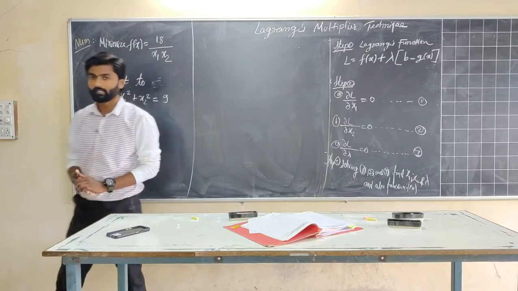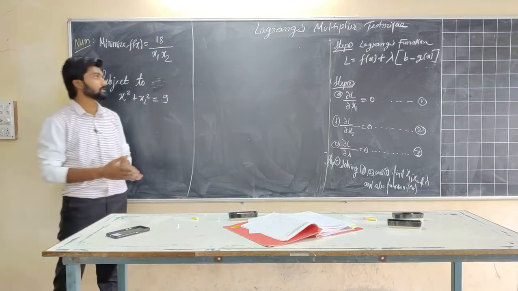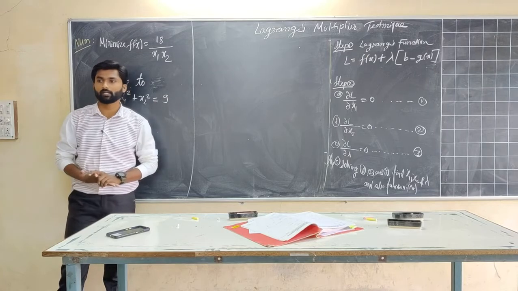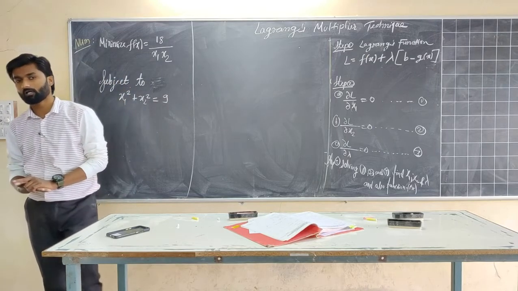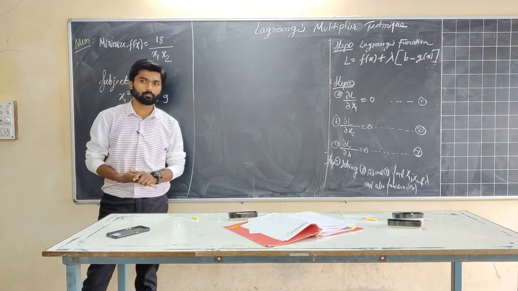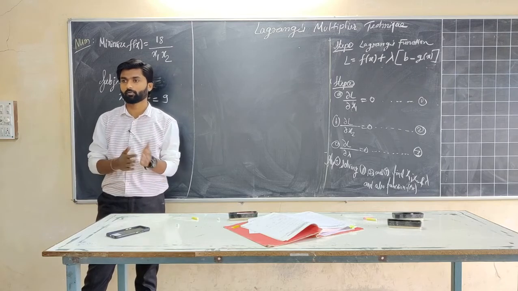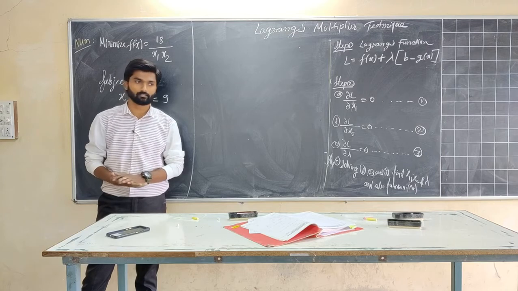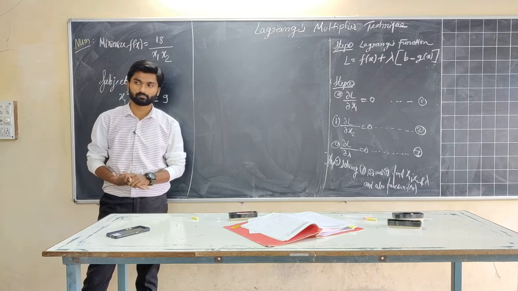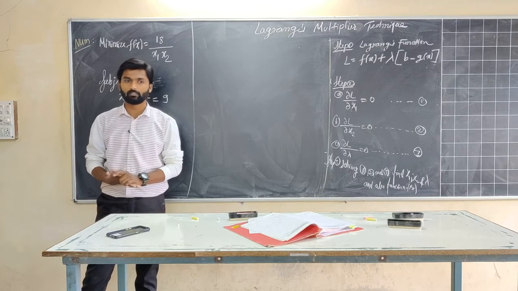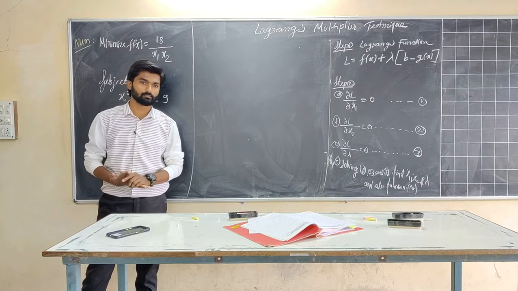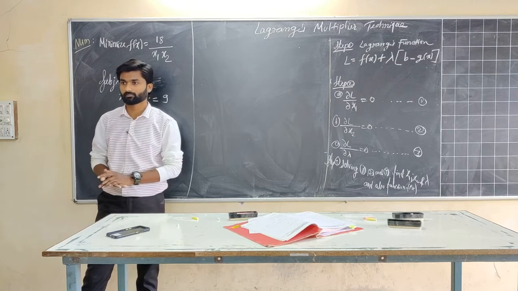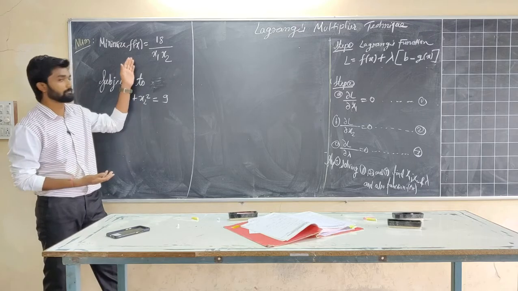Okay, so please concentrate back. As you can see, the heading Lagrange's multiplier technique is the last method that we'll be discussing from the point of view of our 5th unit syllabus, and it comes under which heading? Yes, multivariable optimization with constraints.